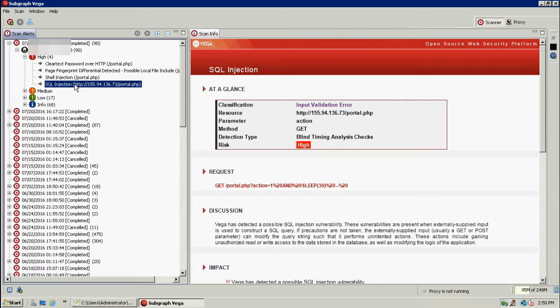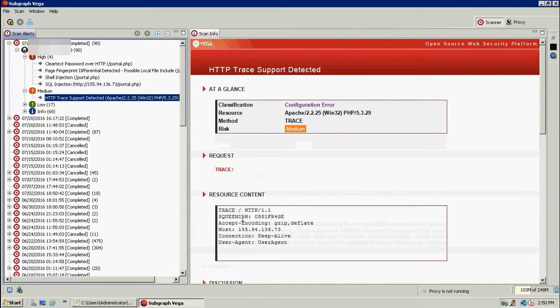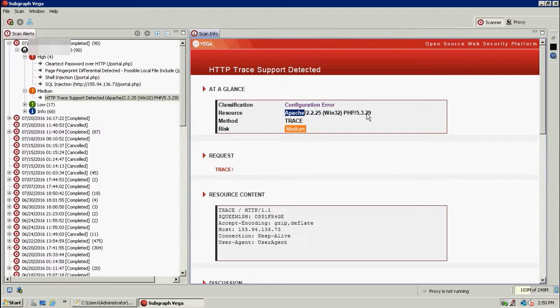By the way, these issues became obsolete 5-6 years ago, but I don't know why this billing still has them. The medium risk means traces, signatures, which application and which container is running. You can clearly see the Apache version number and the PHP version. This is very dangerous. You know why?